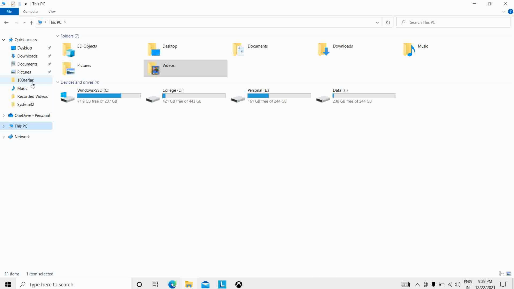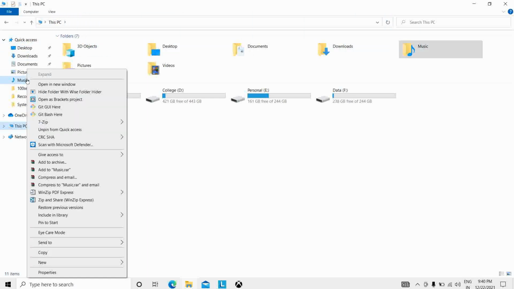Okay, so you can find the same pinned folders. Then how can you do that directly? You can do that by the drag and drop functionality. So just click Documents and drag here. You will see the Documents folder here. Click Music and drag here, drop here, sorry. So you can directly drop here and make it Quick Access, and unpin from Quick Access here.